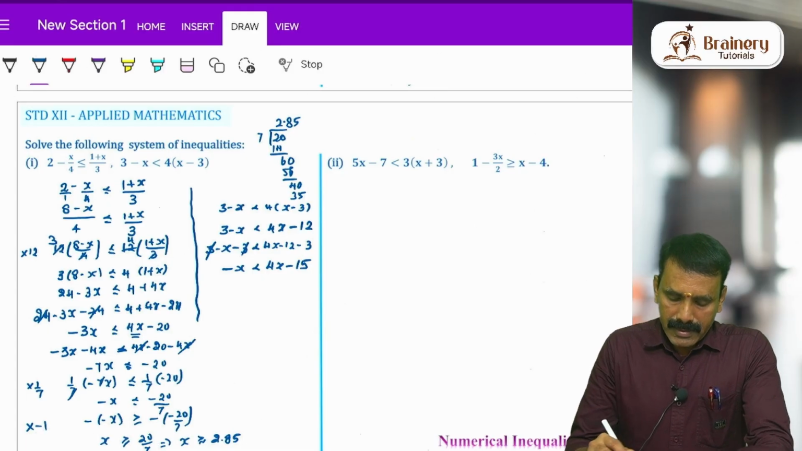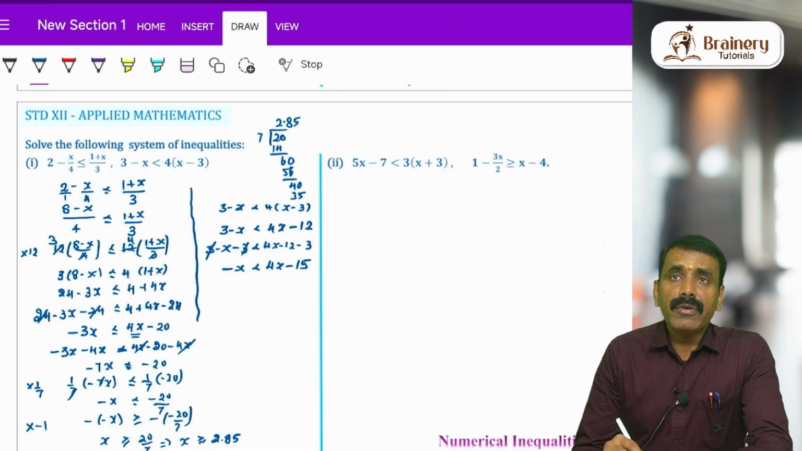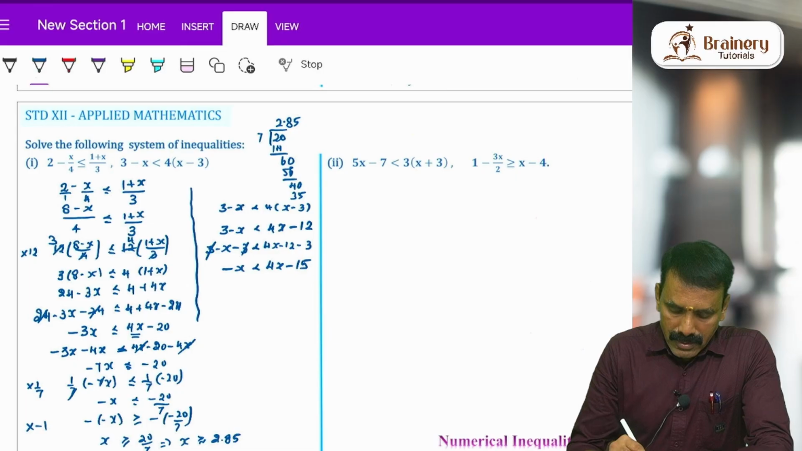Okay. Now we have an x term on the right hand side. We want to remove that one. So the additive inverse of plus 4x is minus 4x. Minus x minus 4x less than 4x minus 15 minus 4x. So 4x cancels. So minus 5x